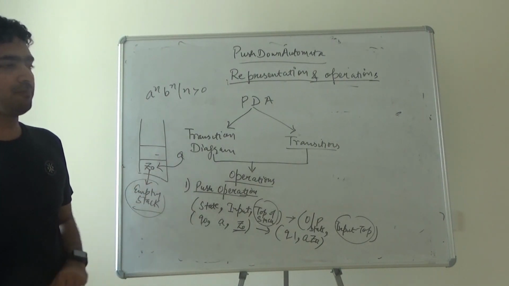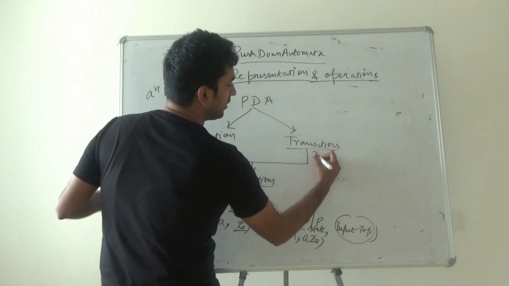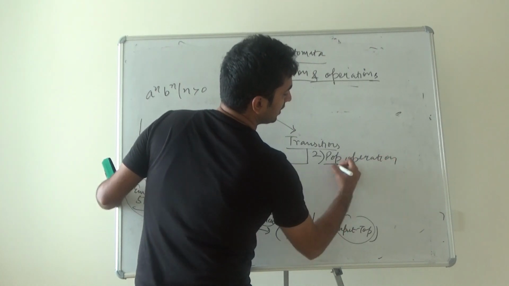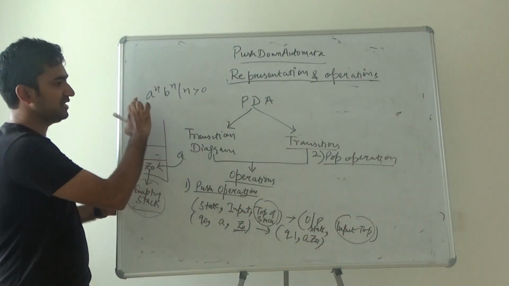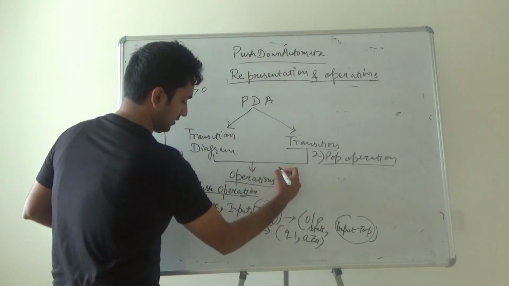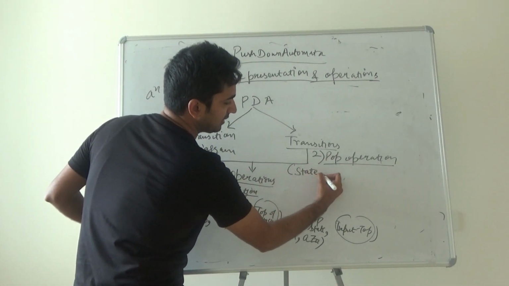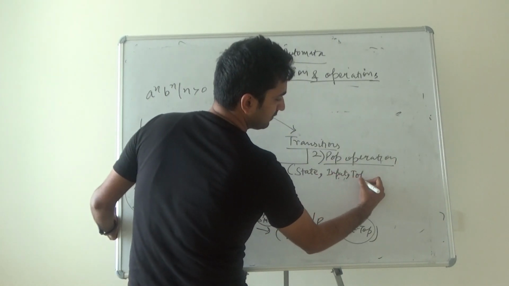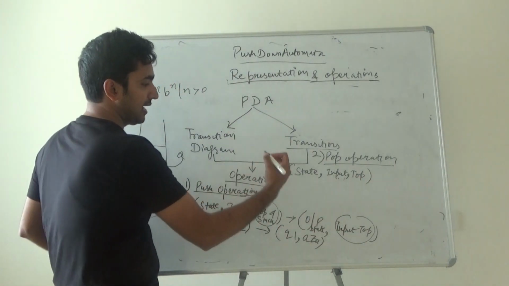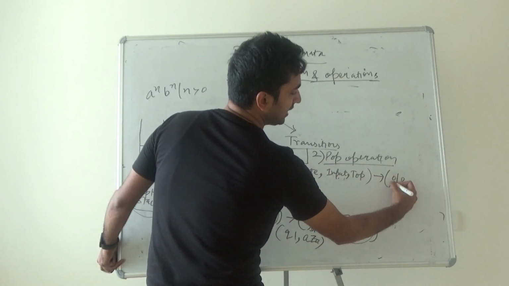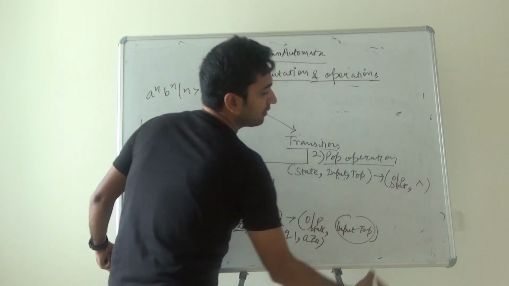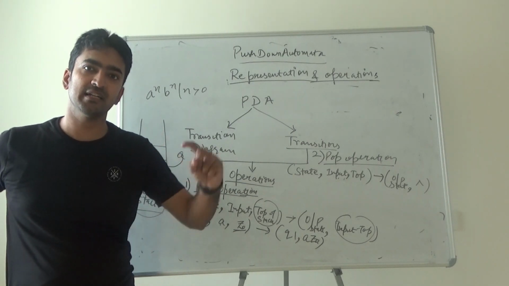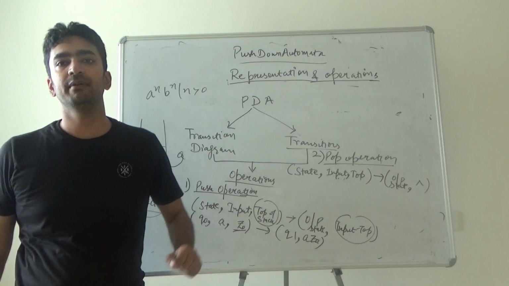This is the push operation. Now let's go with the pop operation. Pop operation means you are going to match, let's say you are matching b's with a's. The syntax would be any state given any input value, there is a top of stack, and the answer would be any output state and null. Now what is null here? Null means the pop operation has happened, and at that particular time there is no element present.